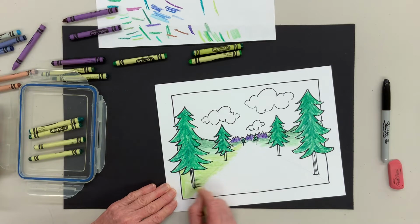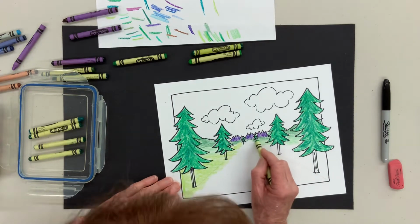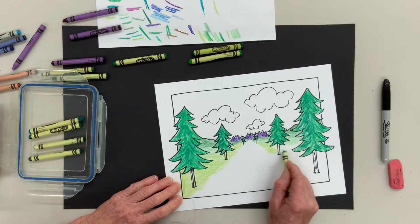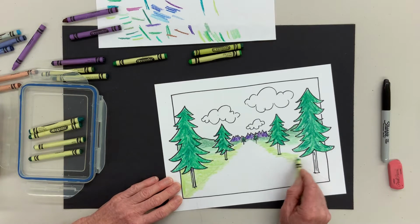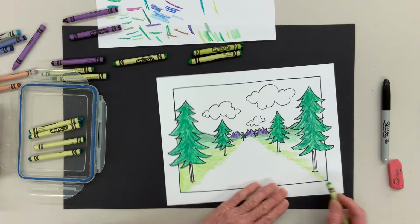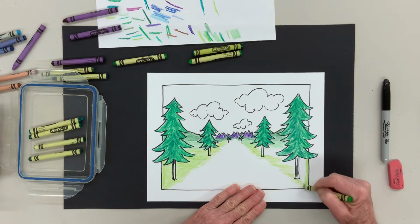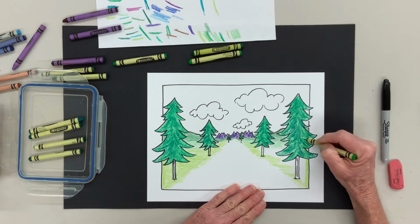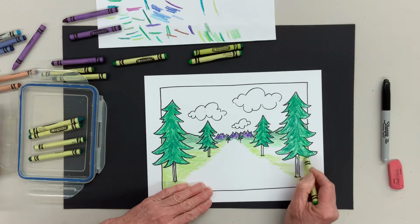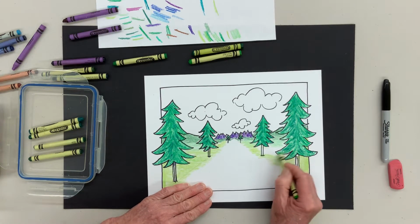I'm doing this horizontal so I can have the edge of this not be perfectly straight. So I'm going to color out, and just blend in and out of here and have it not be a perfect hard line against there. My pencil line is shown a little bit, but I'm going to draw straight up and down here with the lines so I can stay within my borders, and I'll fill that in maybe there and there. And once I have that filled in, I'm going to go back with this horizontal line. Okay,